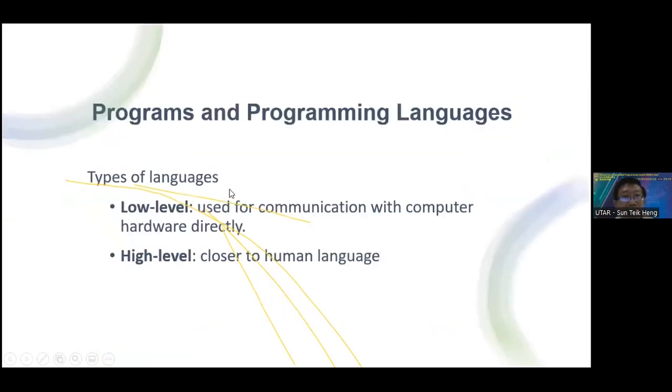So there are two types of programming languages. You can categorize them as low-level programming languages or high-level programming languages. Basically, low-level programming languages, we don't use them. We don't write programs using low-level programming languages. One example of a low-level programming language is the assembly programming language, because